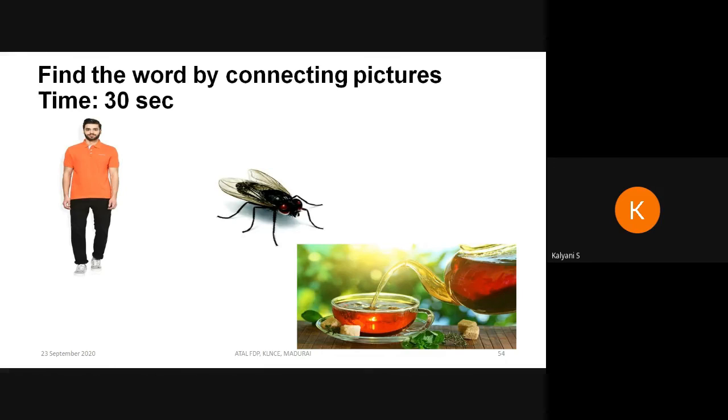It is something like that. Is anybody able to make a guess, not only the participants, but any other faculty members of KLMC? It is a single word behind this. It represents some personality. No idea, ma'am.